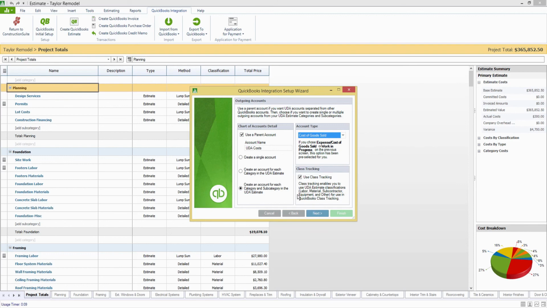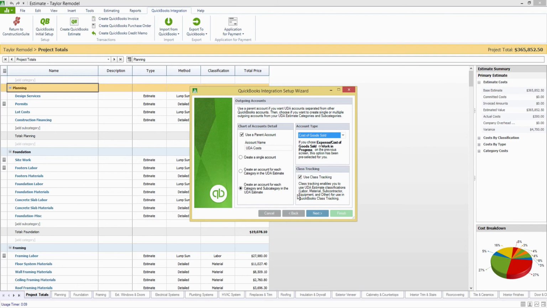Okay, I've got a great question coming in here. The question is, what if I already have accounts in QuickBooks that I want to continue using, but I don't want to estimate using those? That's a great question. So in case you were having a little trouble following the explanation up to this point, what essentially it